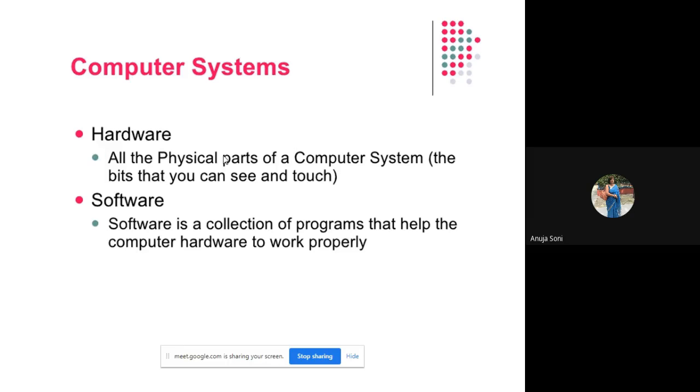The examples of system software are Windows, which most of the time you work on in day-to-day life. Other operating systems are Ubuntu, or nowadays MacBook is also popular. All these are examples of operating systems. The operating system is an interface between the machine and the user. It provides a platform to work further with the machine and to install other programs, so that advanced systems and advanced websites may be developed. So the operating system works as a platform between the user and the machine.